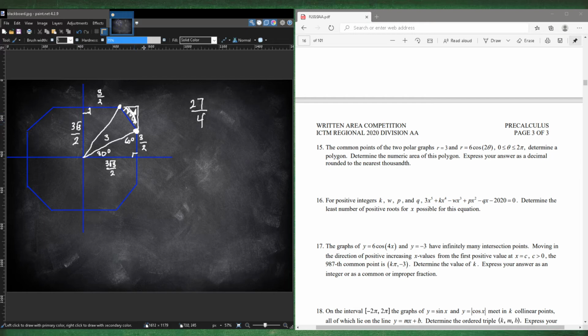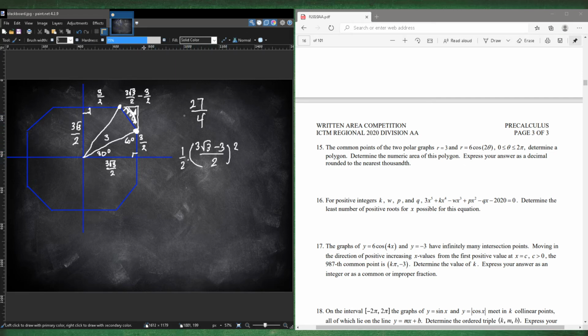So how do we get this triangle? Well, we need to find the side length. Since it's symmetric, we just need to find one of them. So it'll be 3 square root 3 over 2, which is the entire side length, minus the part right here, which is minus 3 over 2. So then we could square that to get our area. So we have 3 square root 3 minus 3 over 2 squared, and then